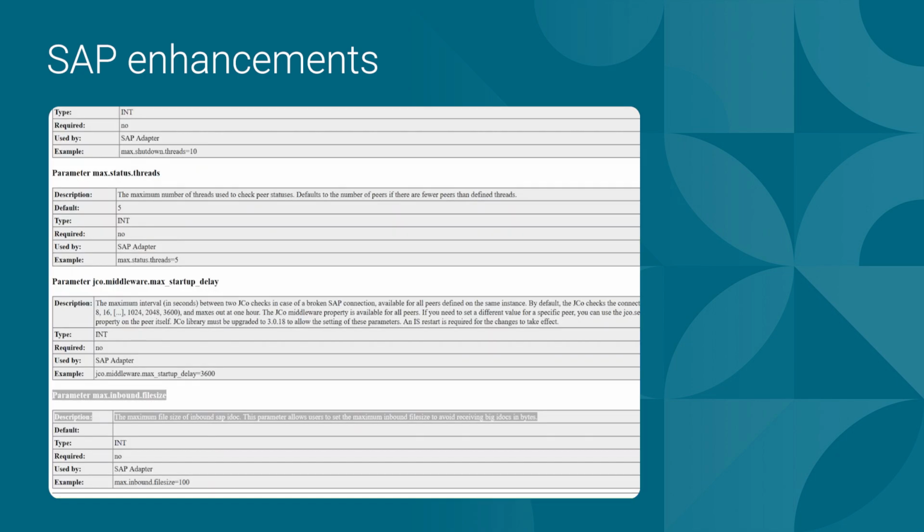Customers have observed that in some cases, due maybe to some SAP misconfigurations, some IDOC files are generated that are very big, and they consistently fail to load and could result in IS crashes. To avoid such a functionality issue, we introduced a new parameter, max inbound file size, that can be added and configured.